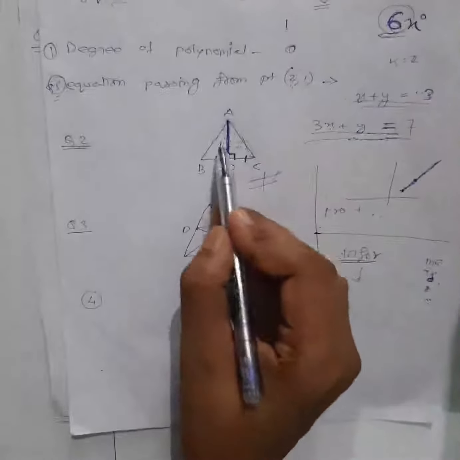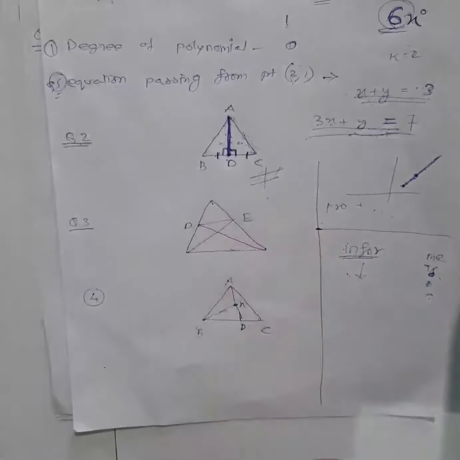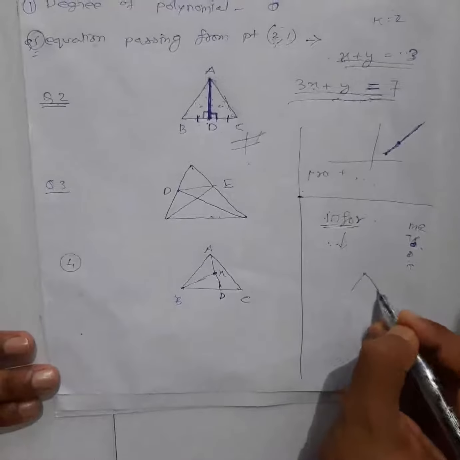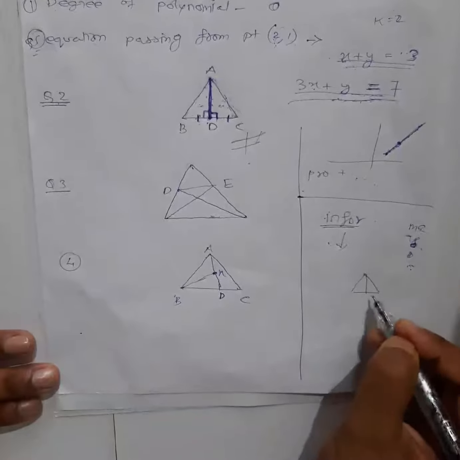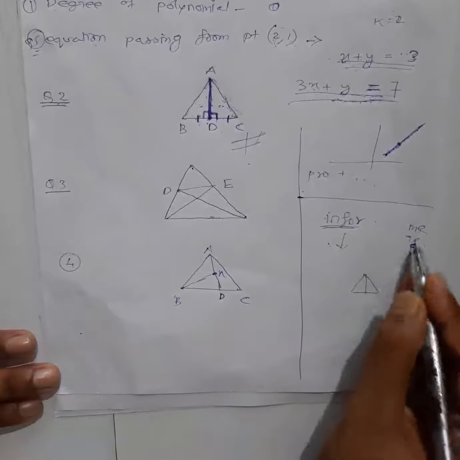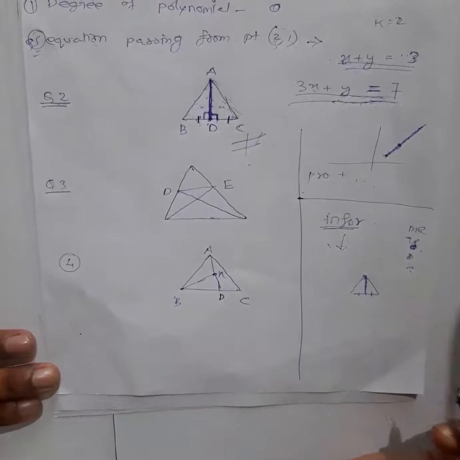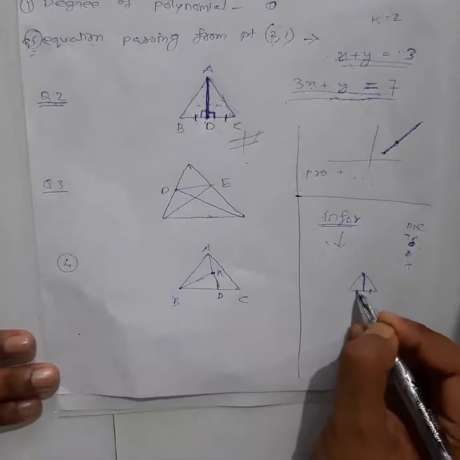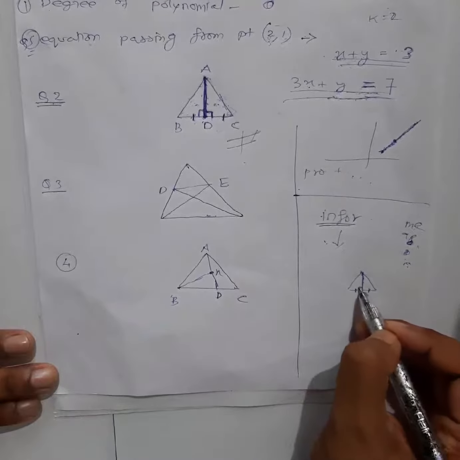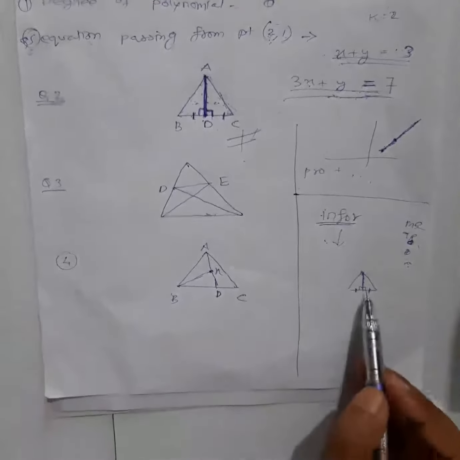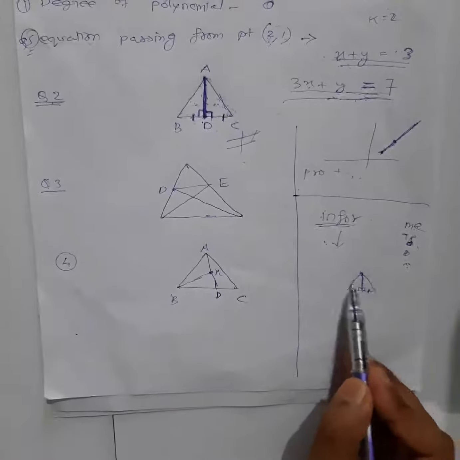Now what you have to show is AB equal to AC, right? So you draw the diagram here and try to find out what I can do with this information. So median means this will be equal. I got this information from this, right? 90 degree, okay, this is 90 degree given. Now with this information, how can I show these two equal?